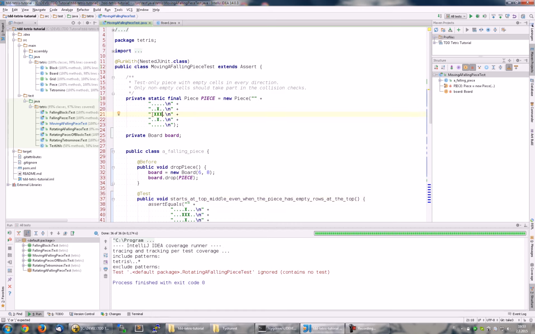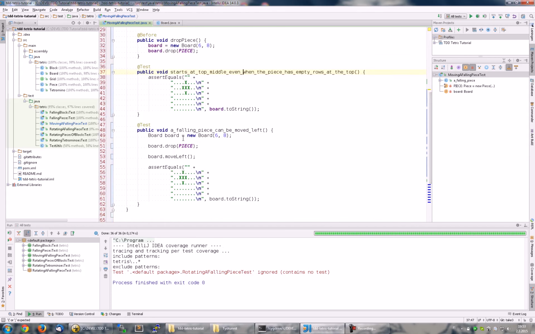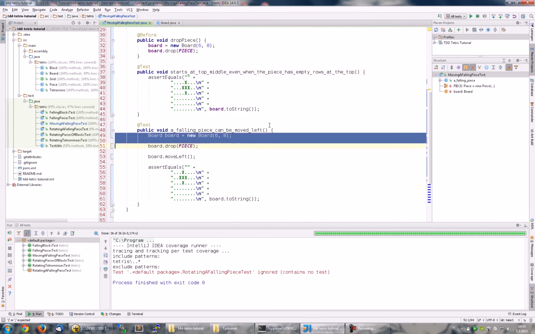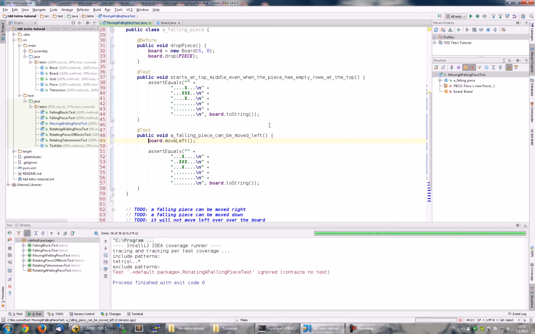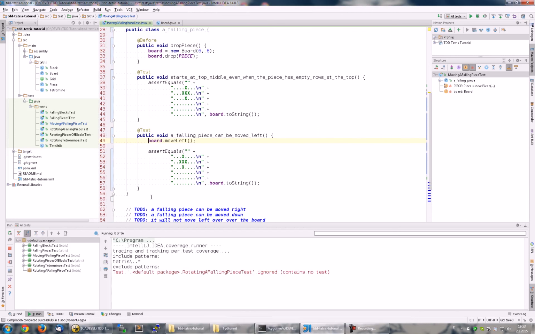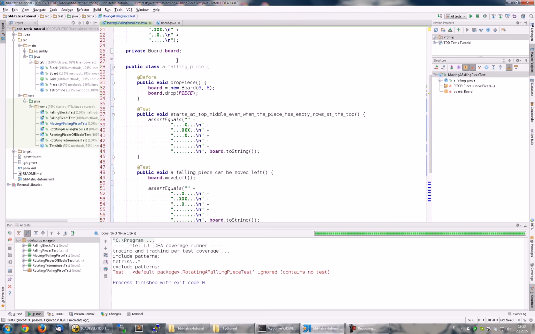The empty rows and columns are trimmed. Also, yeah, well, I'll keep that name like so. Things are working, and then